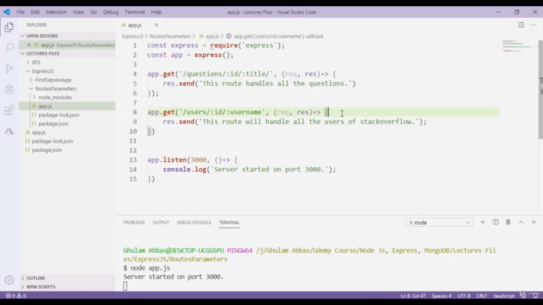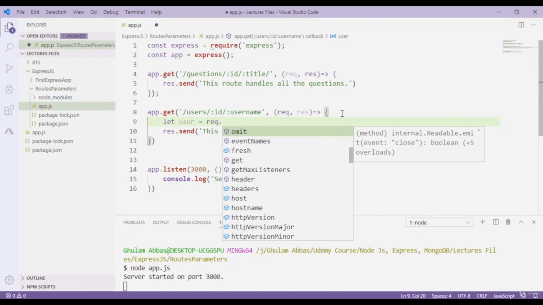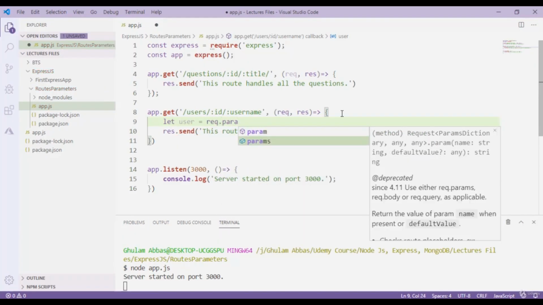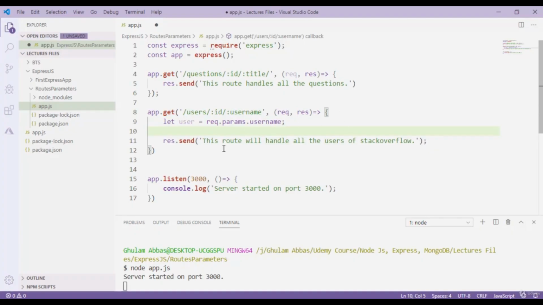So for that I simply type here let user equals request.params. Okay, so we are going to use this params, and then we are going to use this username. Okay, and after that I simply type here this route will handle